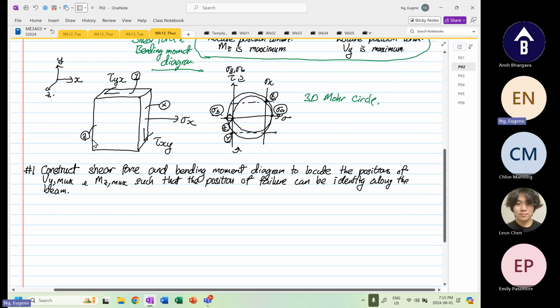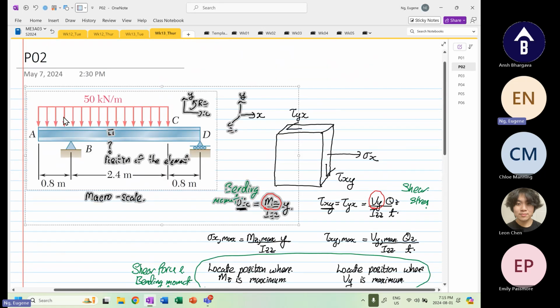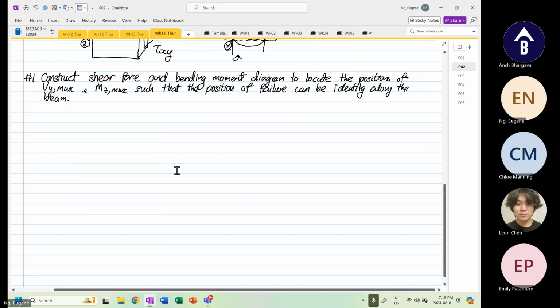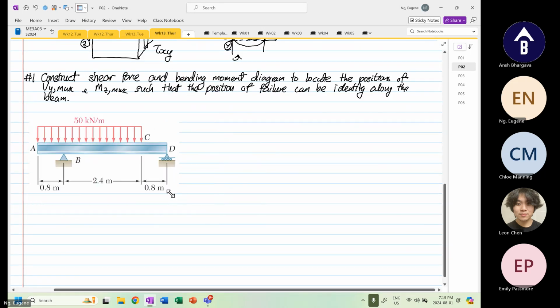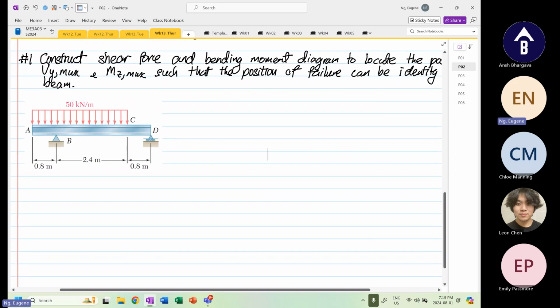Okay, so now pretty straightforward stuff. Okay, so what we're going to do, I'm going to copy this diagram. Right, we're going to look at this diagram. Then we are going to first find the reaction at point A and point D first. Okay. So we're going to draw our free body diagram. Okay. So based on our free body diagram,